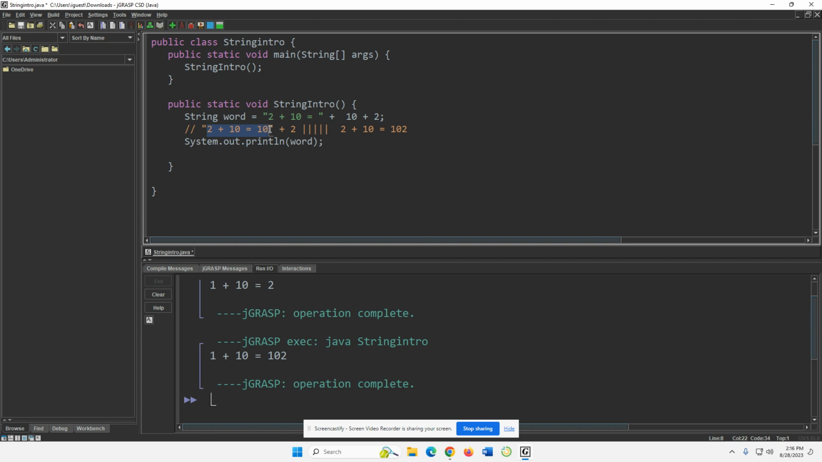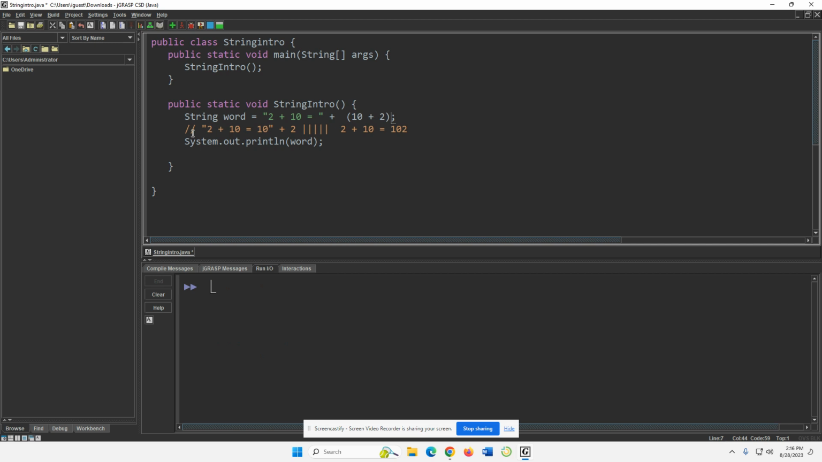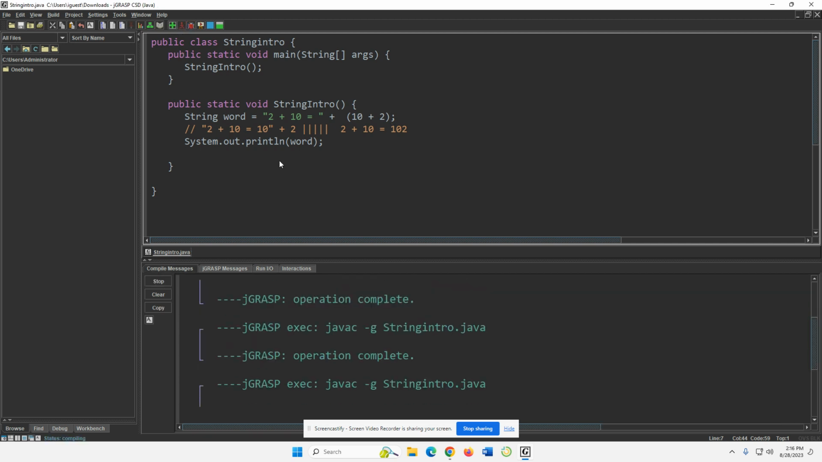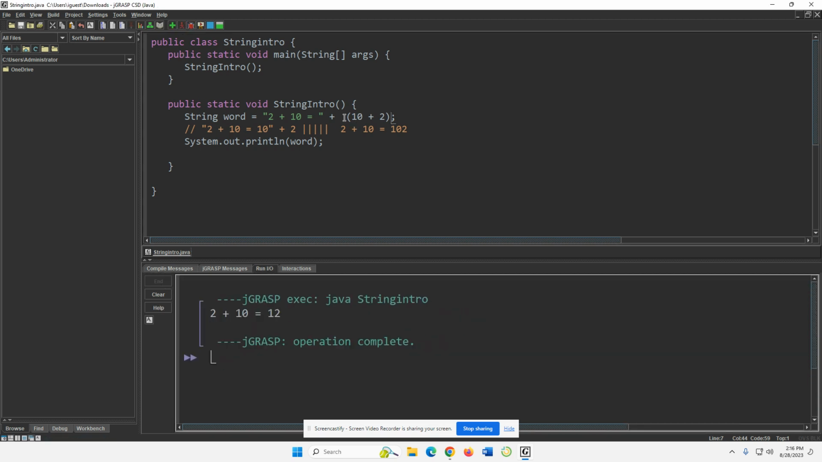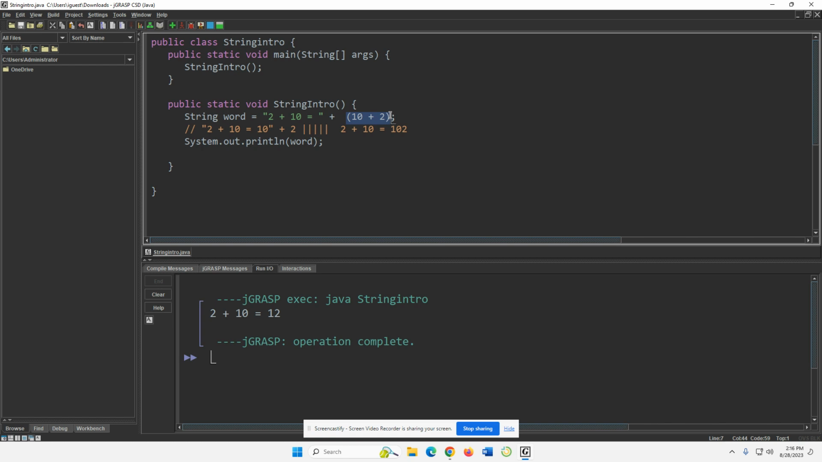But what I'm trying to say is, if you want to actually print out 2 plus 10 equals 12, you actually have to put it in parentheses. Because now what this will do is it will basically do the parentheses first, because parentheses always comes first. And so what now it will do is it will do 10 plus 2, which is 12, and then it will add it to the string 2 plus 10 equals to make a bigger string, which is now 2 plus 10 equals 12. So that's basically the idea of operations on string, known as concatenation,